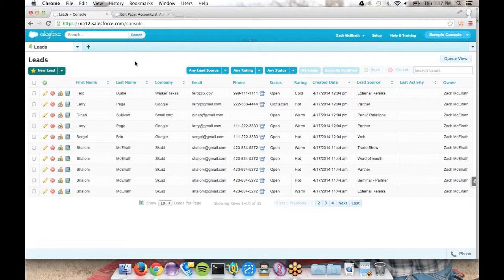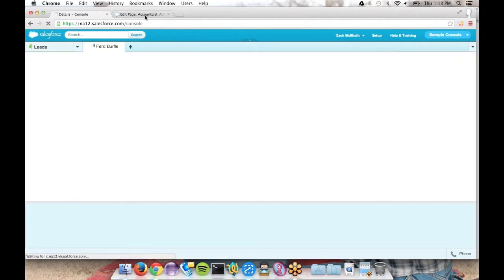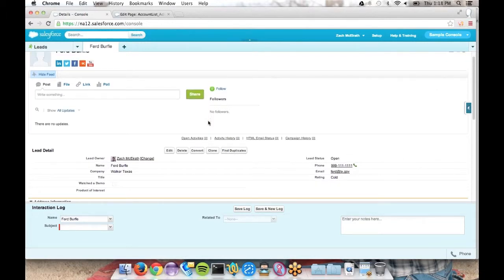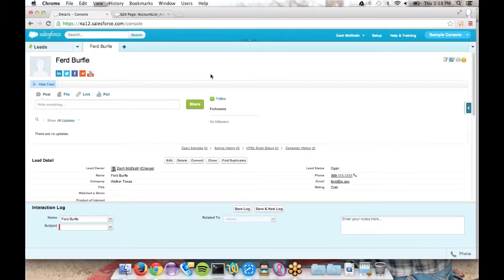You get a lot of the same benefits that you get with Squid in general here, but then as well as being able to quickly jump to particular records and see them in this tab view. So here's an example of what a normal standard layout is opening within the console. We don't have to override anything, but let's just get a sense of what's the difference here. What's my user experience changing by going to Squid and overriding?